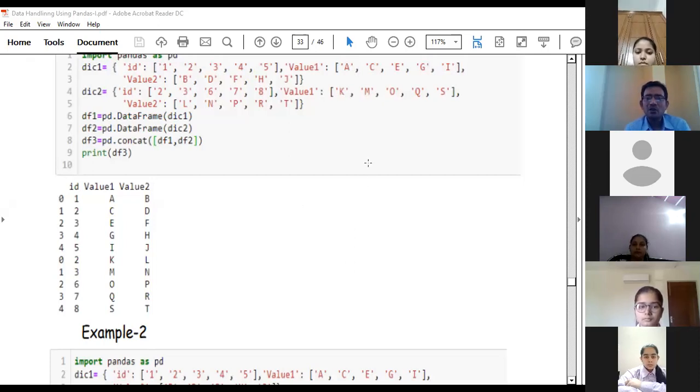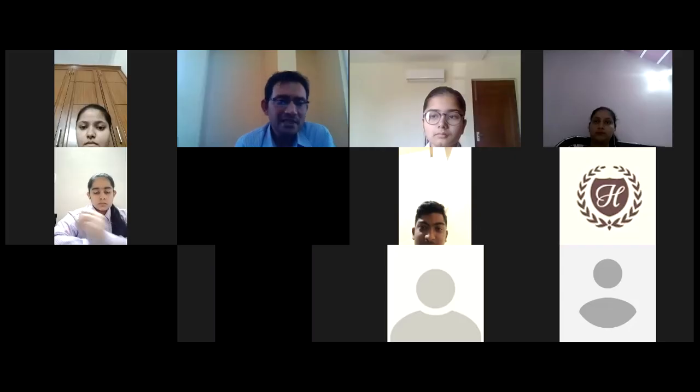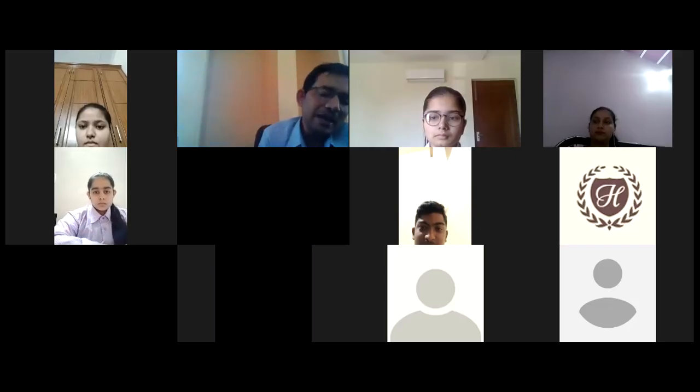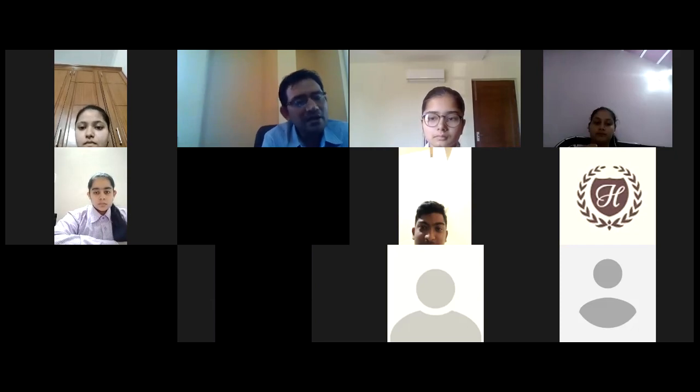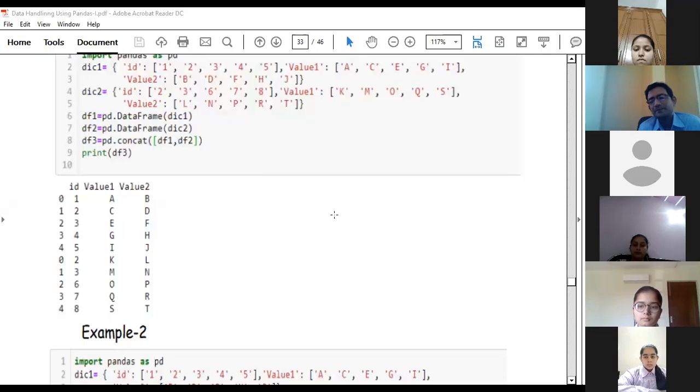Because this inner and outer join will also help us in MySQL also. There, we call the inner join a natural join. When we bring two tables into a natural join, we have some common attribute on the basis of which we join the two tables. So this join will also come up in MySQL, and today we have focused on one parameter of the join operation, that is the outer join.